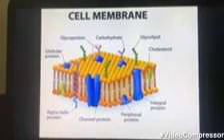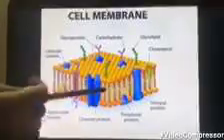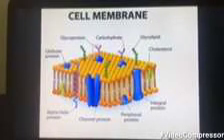Now the cholesterol also helps the cell membrane stay in the fluid state and restrict the movement of substances inside and outside the cells, and it helps in maintaining the structural integrity of the plasma membrane. The fatty acids also help in giving the fluid nature to the plasma membrane, because these chains are tightly packed. All the chains that you're seeing are tightly packed. That also helps in regulation of substances across the cell membrane.